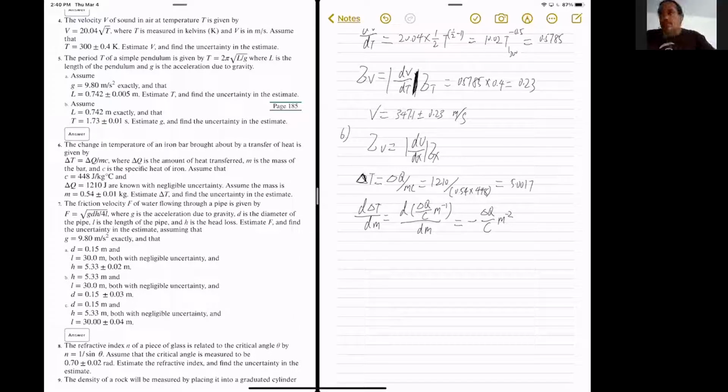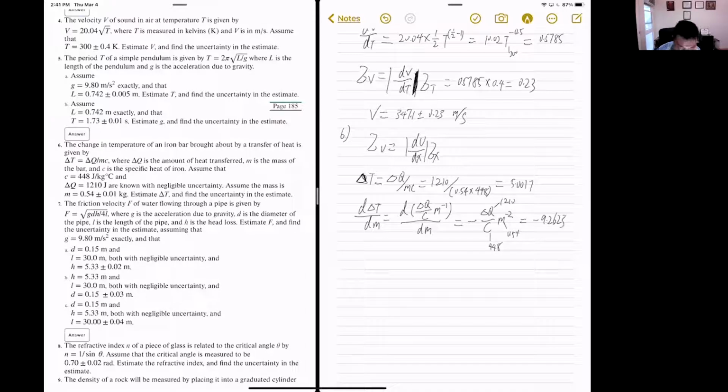Again, we plug in the values of delta Q, C, and M, which are given. Delta Q is 1210, C is 448, M is 0.454. So d(delta T)/dM is equal to minus